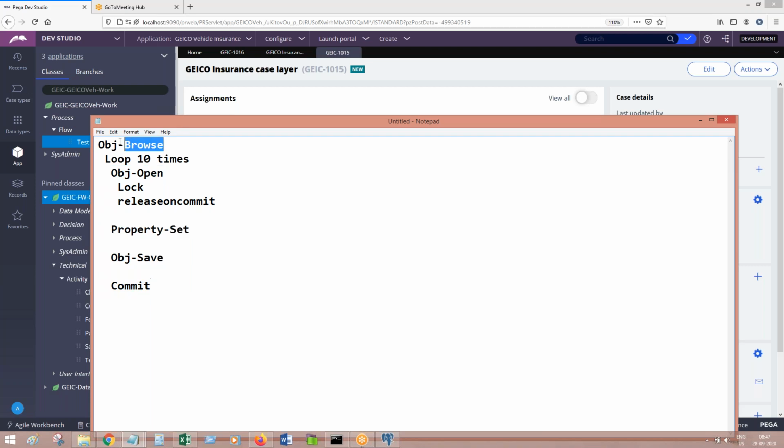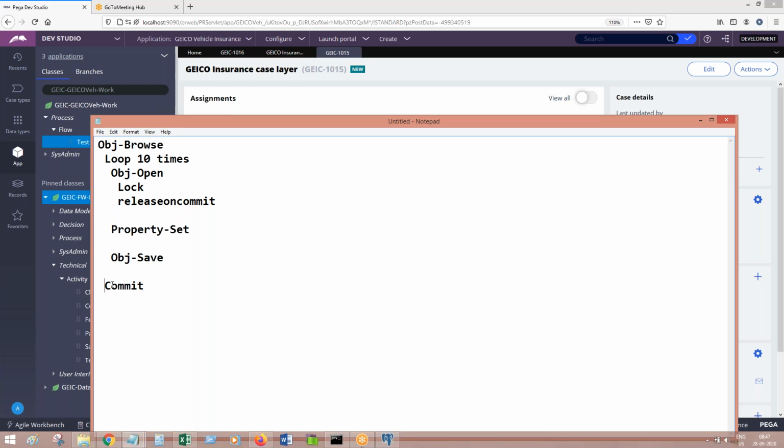Browse, how many times? Only one time. One time you have browsed 100 objects. Object by object you are opening and updating. How many times do you have to do that same task of open, update, save it back and commit? 100 times. So is it necessary to have commit executed 100 times, or is it fine if you execute it only once finally at the end? Finally, which one do you prefer?